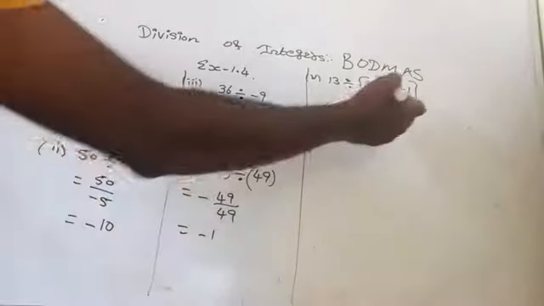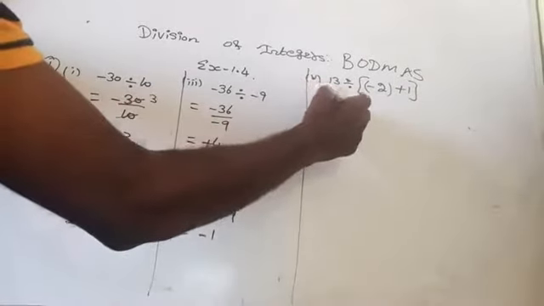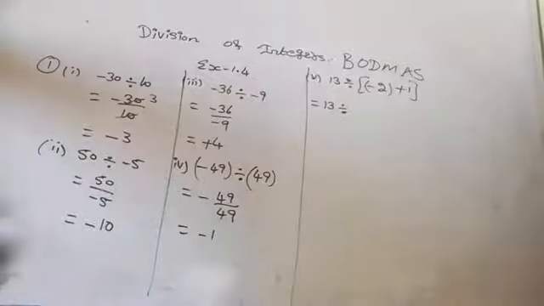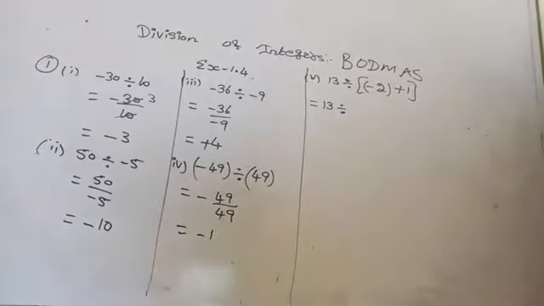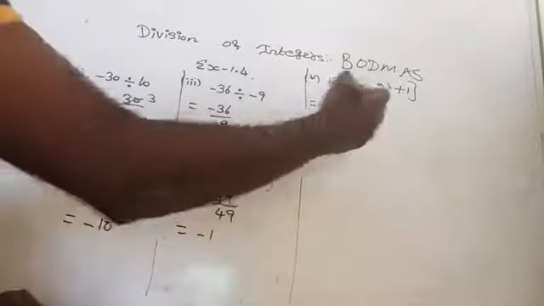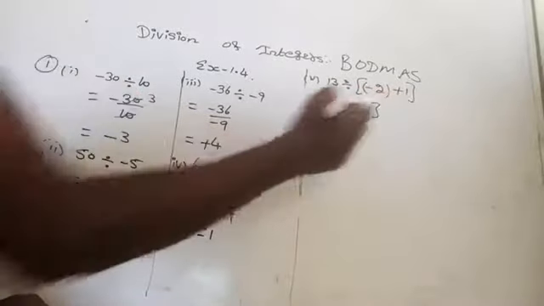So first you have to perform the within bracket, that is minus 2 plus 1. Here one is a positive integer, another one is a negative integer. Here we are going to add them. So ignore the sign, subtract the smaller from the greater and give the greater number sign. So 2 minus 1 is what here? 1 here. So the greater number sign is minus 1.